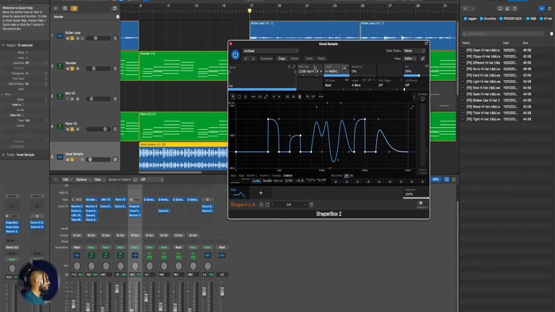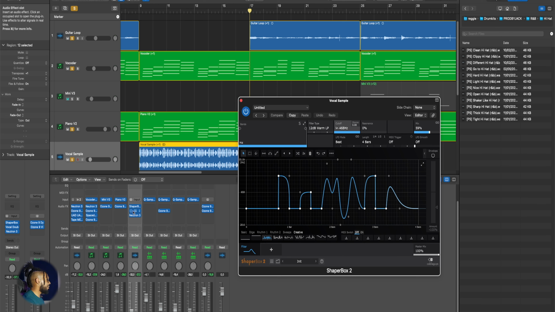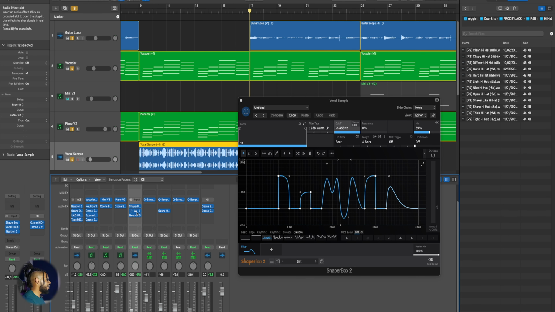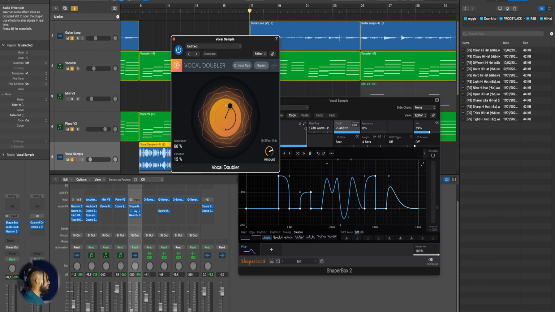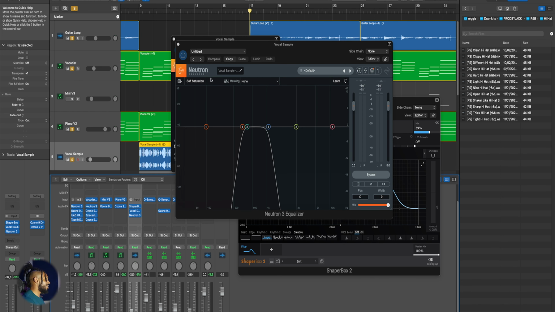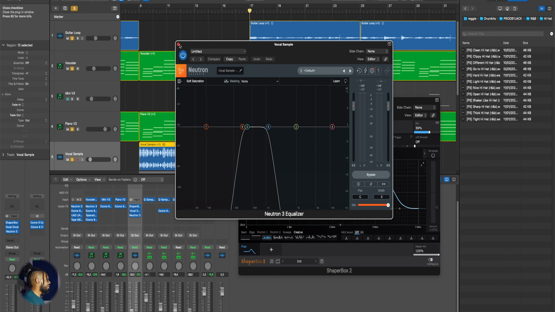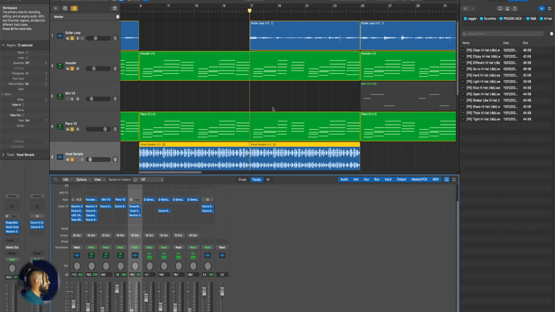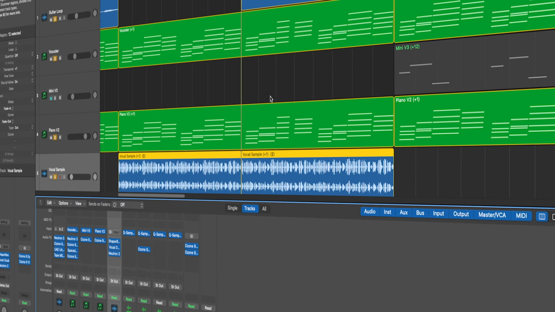I used the filter shaper from ShaperBox to really just mangle the sound, have the frequencies just phasing in and out. I used the vocal doubler because I did want it to be a little bit wider and a little bit more present in my mix as well. And then I just EQ'd all the frequencies that I thought were unnecessary, because I really like to shave off a lot of my vocal samples so that only the mid frequencies remain. So if I play the entire sample with the processed guitar, it sounds like